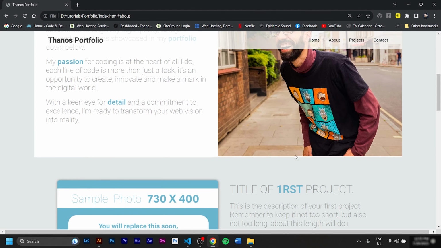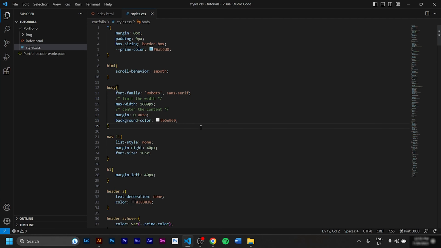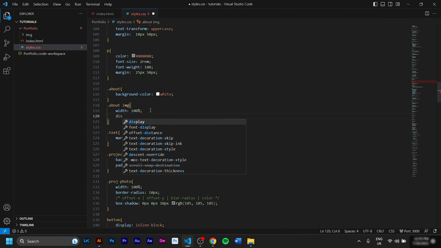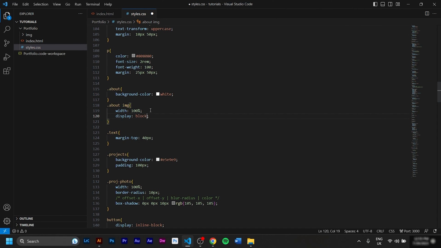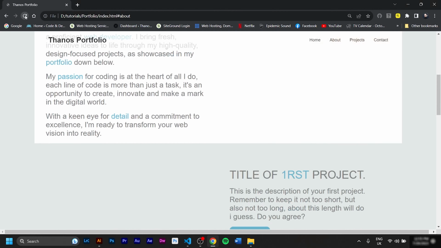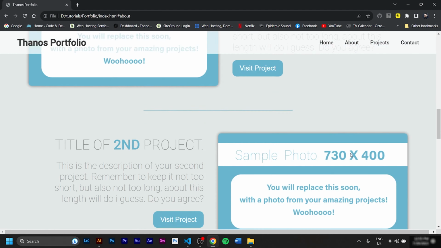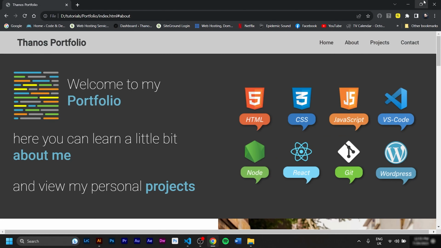So this is some random malfunction that we can get rid of by targeting the image and writing display block. Let's try it, please, because I can't see this anymore. So that was the photo of the about, and I see it targeted here. And we'll go display block, please, hit save, refresh, and it's gone. Woo!